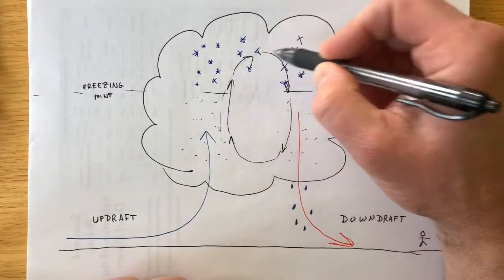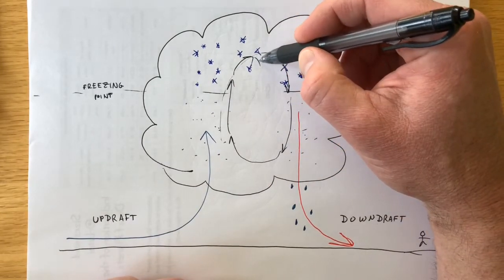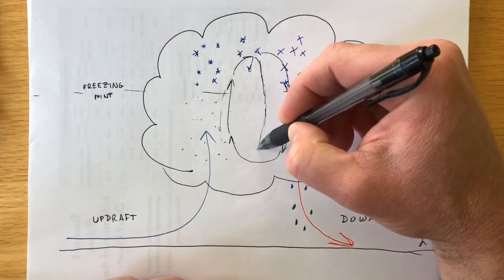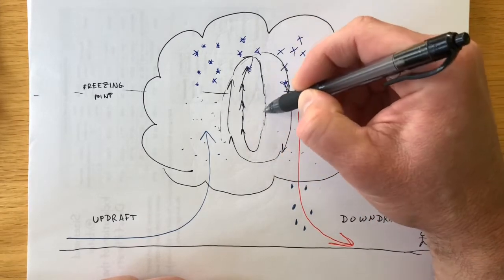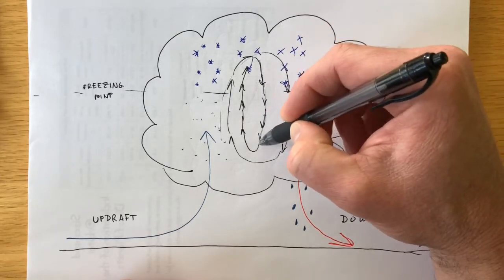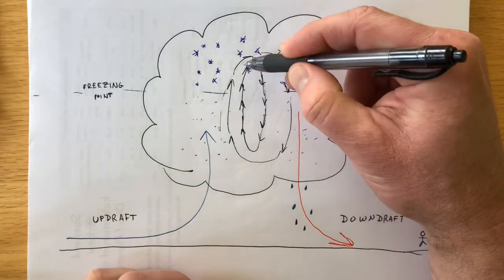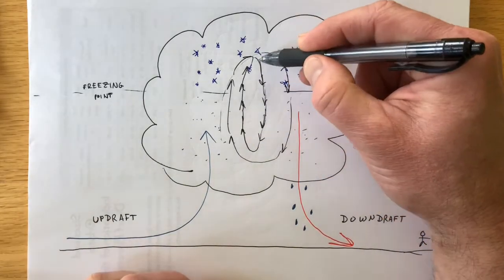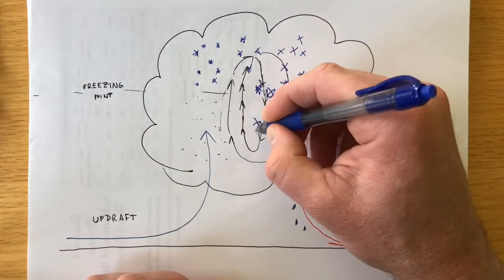Now what I want to pay attention to is these ice crystals right here that are right in the middle. What happens if they fall down right here because they're heavy? And they get pulled back up by the updraft. As they make that circuit right there, they're going to run into water droplets. As they run into water droplets, the ice crystal is going to get bigger, and it's going to get bigger as it keeps rotating. It's going to get bigger until finally my ice is so big, it's going to fall,